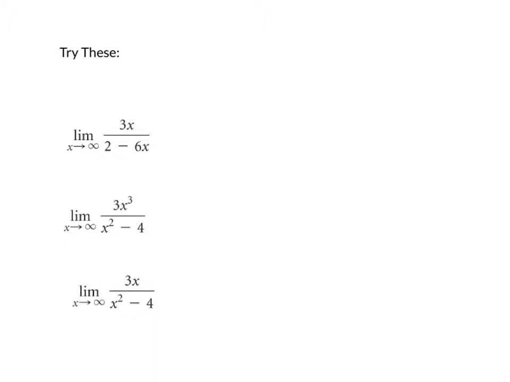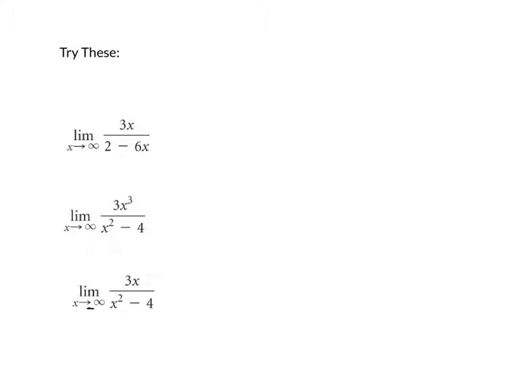So let's try a couple here and see how this goes. I'm going to change one of these up just so that they're not all toward positive infinity. I forgot to add a negative in front of one of them. So let's do the last one as a negative infinity. So I'm going to add that negative in there. And you'll notice in all these, since we're only approaching either infinity or negative infinity, you only have to do one table. You only have to check from one direction. Unlike when x approached 2, where you had to check both from the left and from the right. With infinity, it's really this concept of growing out without bound. So you can only approach infinity from one direction.